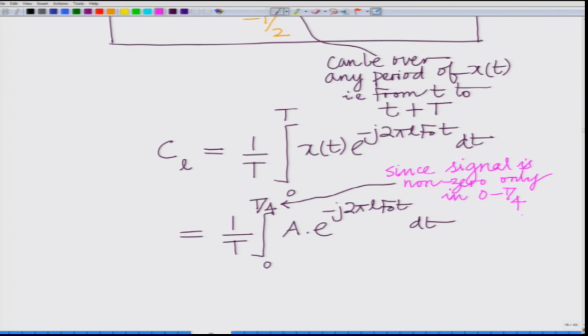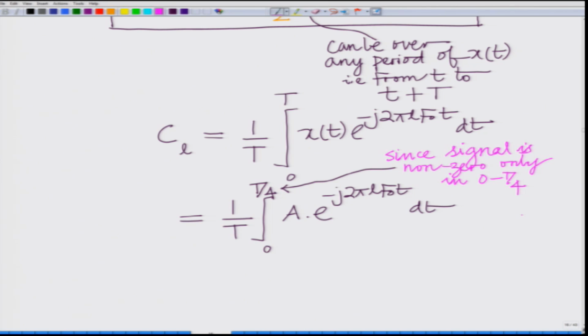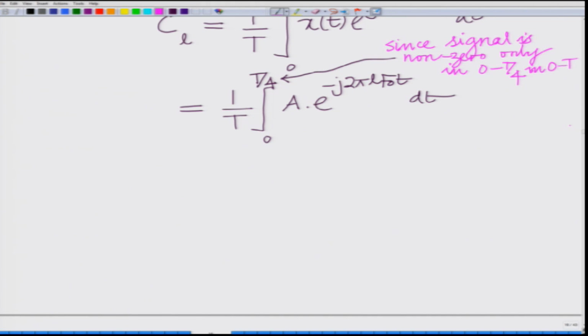Only in 0 to T by 4, that is 0 to T by 4 in the period 0 to T. And now A is a constant, so I can bring it outside the integral. So, this is A over T integral 0 to T by 4 e to the power of minus j 2 pi L f naught t. Now, if L is equal to 0,